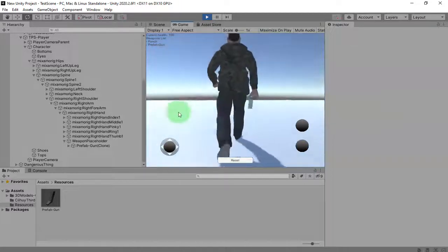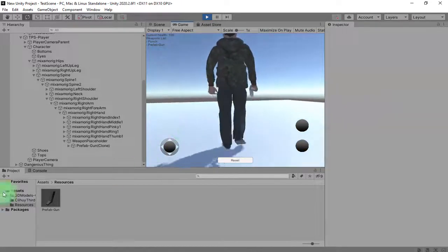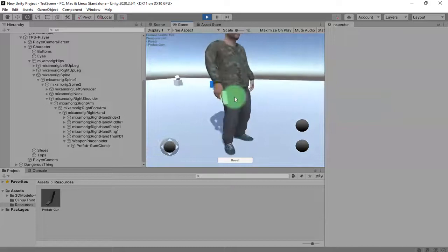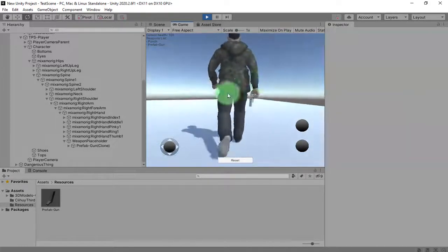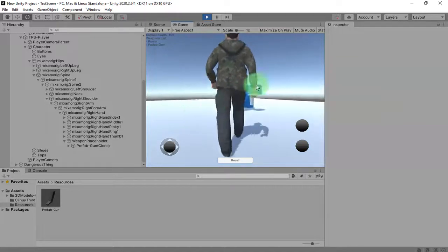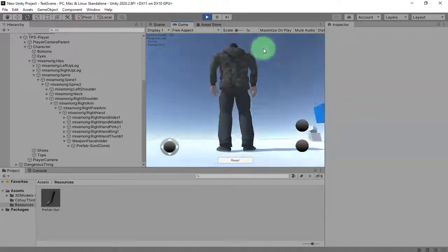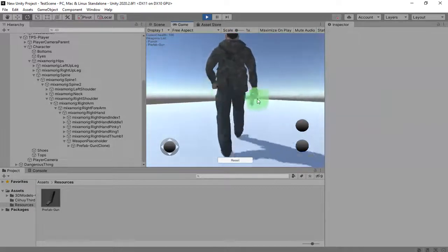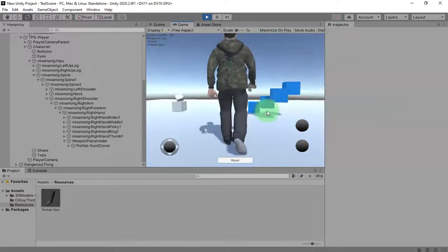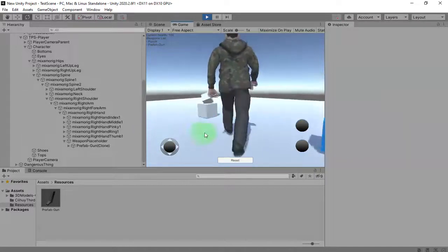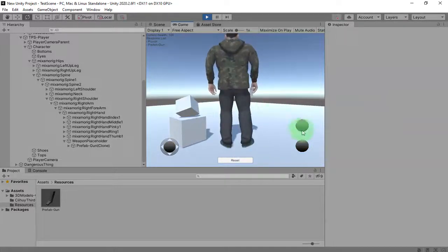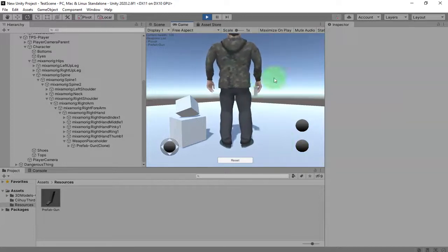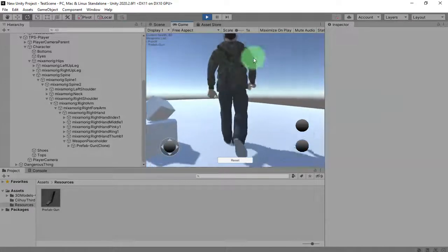So far we did instantiate the gun from the resources folder to the hand of the player, and I will do the fixing, for example fixing the scale of the objects in this game and the position of this camera. It is too low. I will fix everything and get back to you in my next video, and probably my next video is about how to add an aim button and how to add aiming animation of the character.